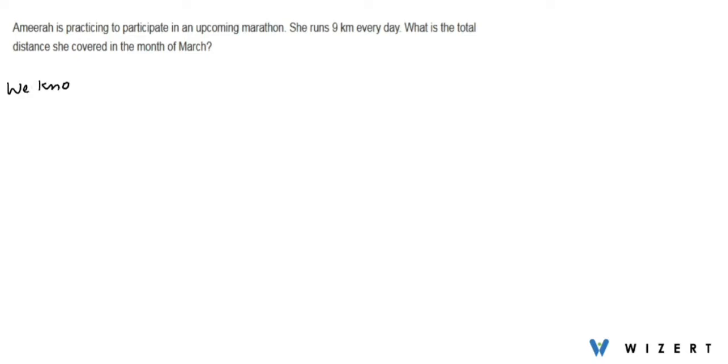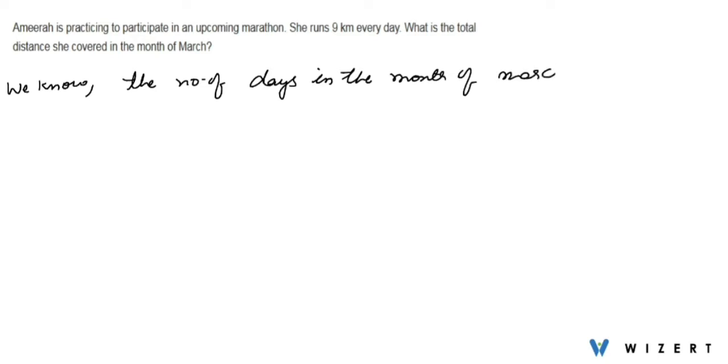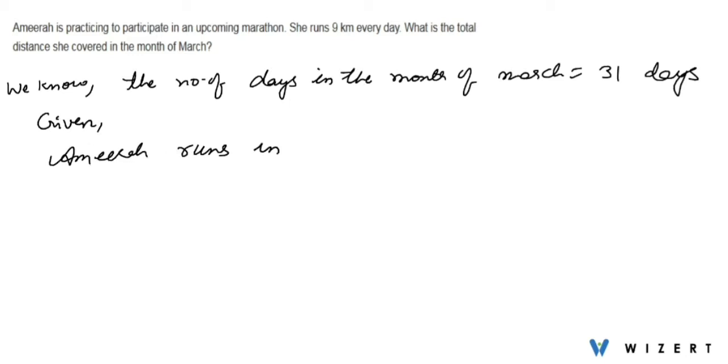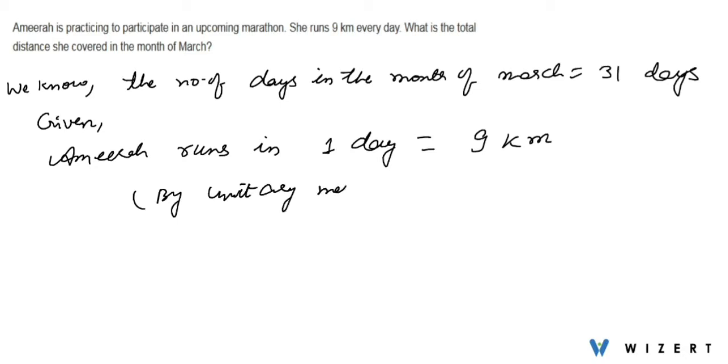So first of all, we know that the number of days in the month of March is equal to 31 days. And it is given in the question that Amira runs 9 km in one day, which is given. So using the unitary method, we can find out the distance she covers